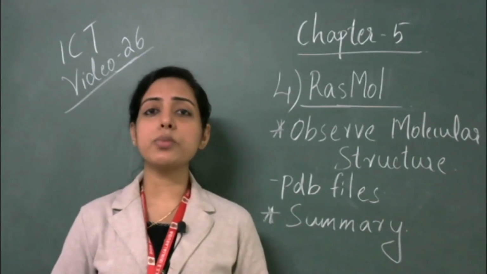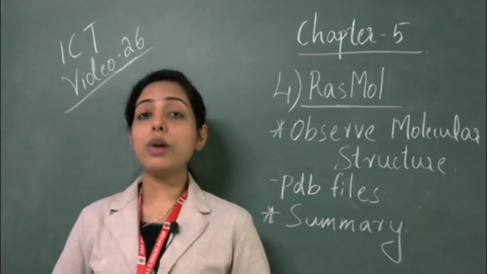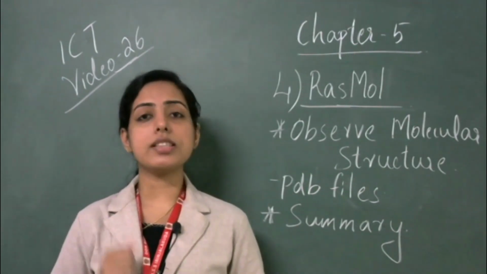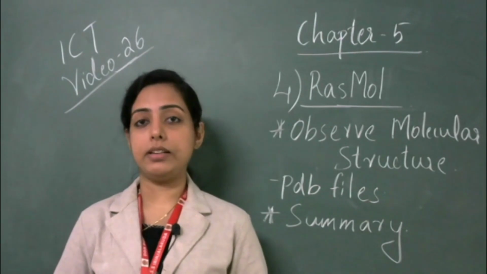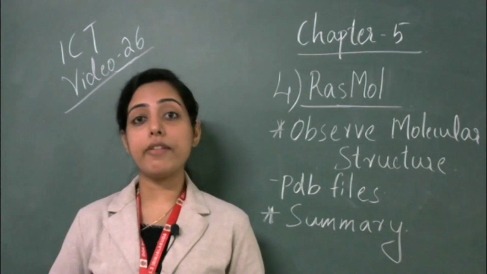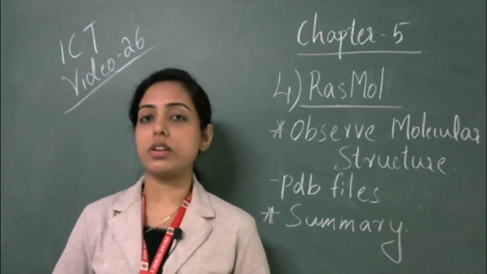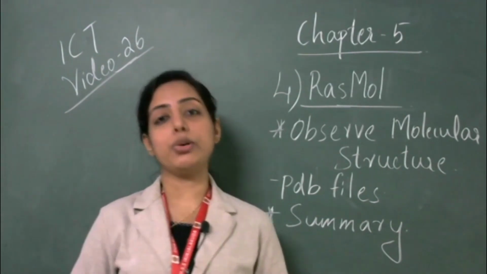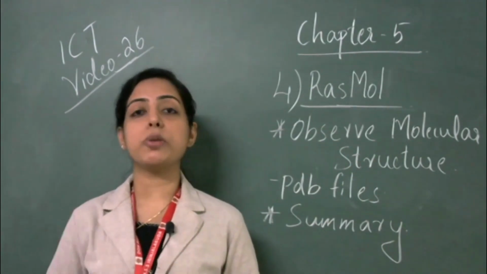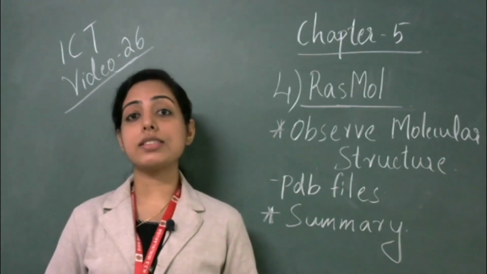In the chemistry textbook you have studied allotropy, isn't it? Allotropy means how an element appears in various physical states. For example, the crystal forms of carbon. The allotropes of carbon in crystal form are what? Diamond, graphite, fullerene. Complex molecular structures like these we are going to observe using RASMOL software. So three main molecular structures we are going to observe: one is fullerene, one is graphite, and one more is diamond.